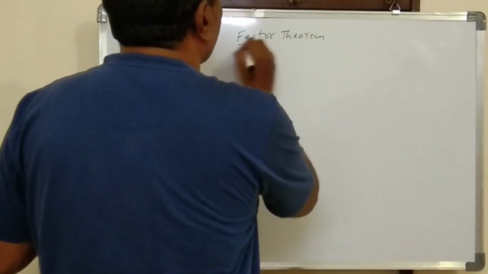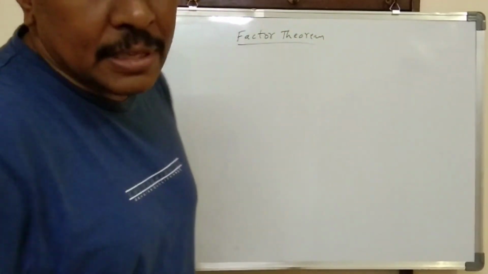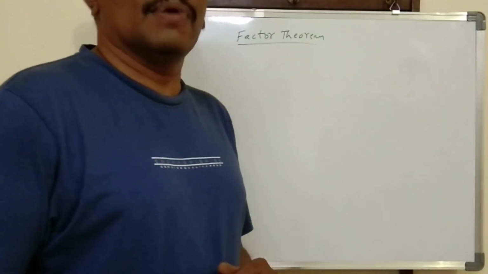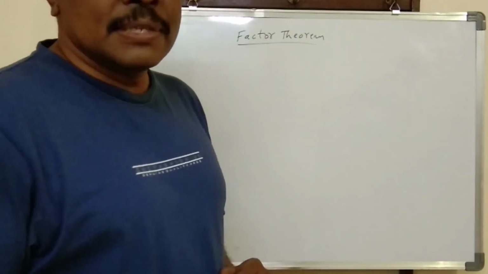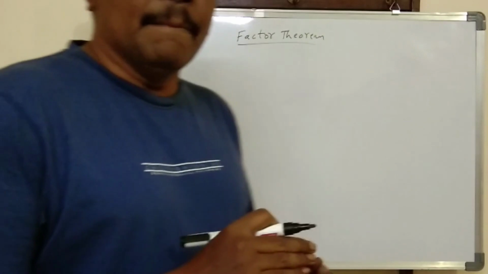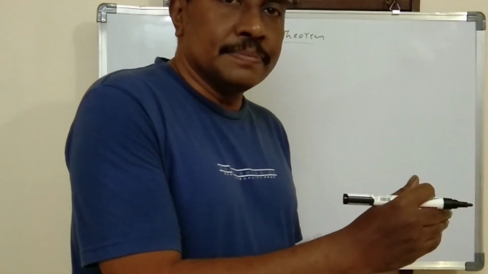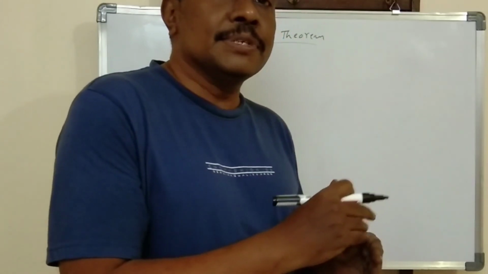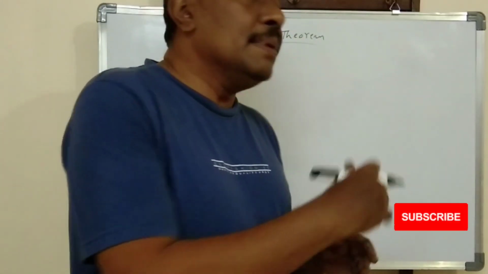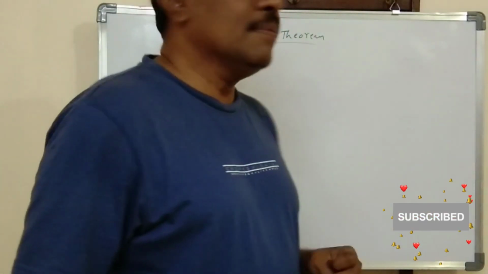Before we go for this factor theorem, first of all we should know what is a factor. What is a factor? If a number multiplied with another number to make a product, these two numbers which are multiplied will be the factors of that number. Okay. For example,